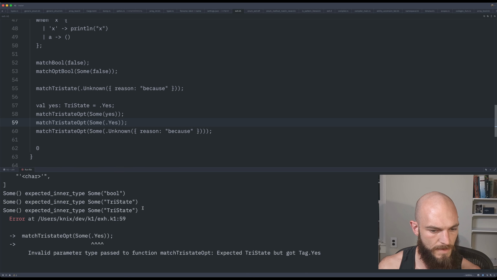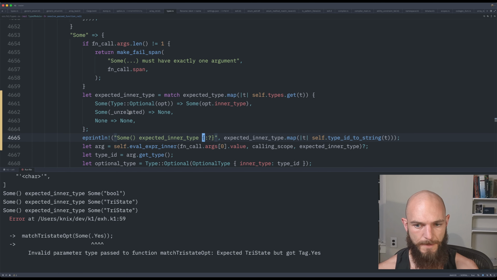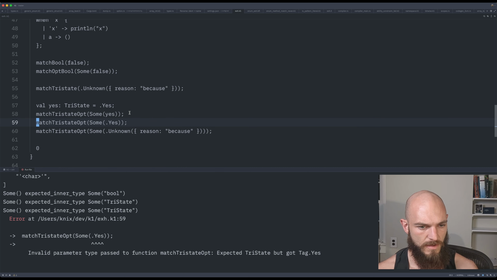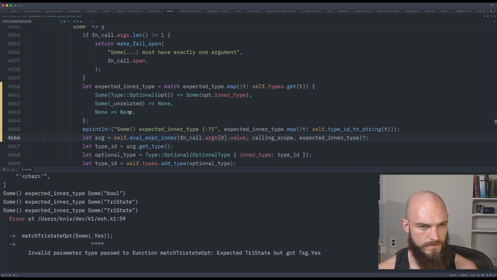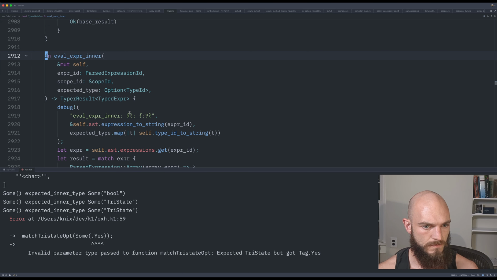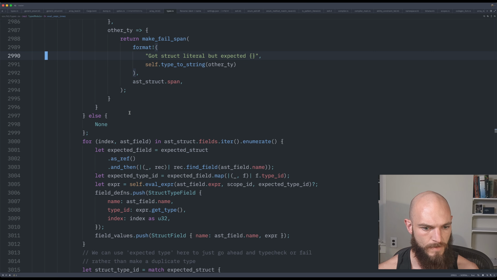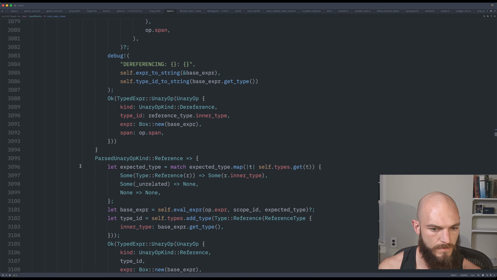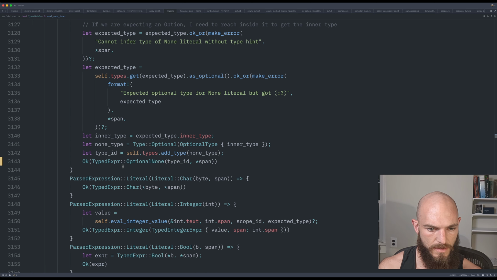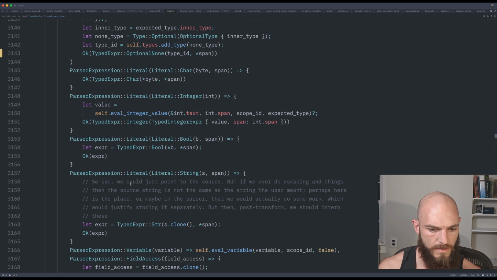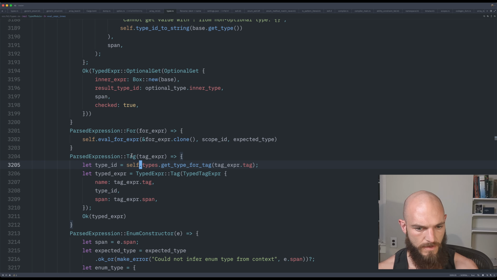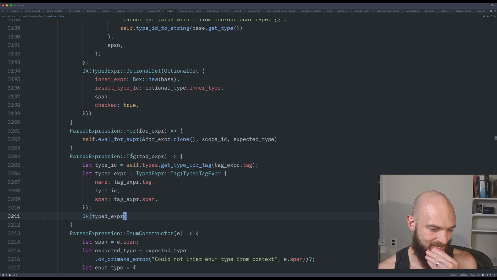Okay. We're passing tri-state in. So that's the right thing. So we fixed it here. Our problem is now with tag literal. So we're gonna get, okay, and we're just gonna return the tag